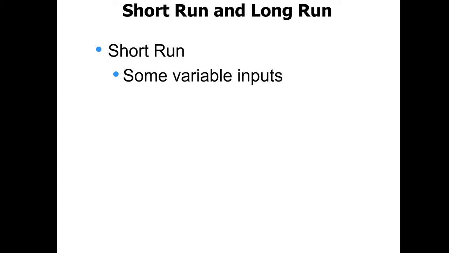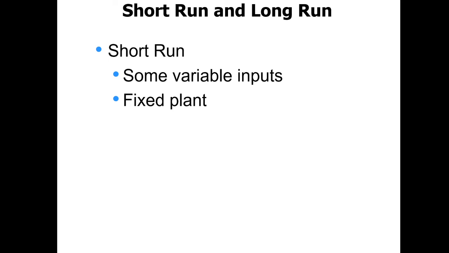I'm going to buy a certain amount of cheese. I'm going to buy a certain amount of sauce, depending on how many I'm selling. So those are variable inputs. Okay. The key, though, is that there is something fixed. In the short run, one of your inputs is fixed. It's usually your capital.